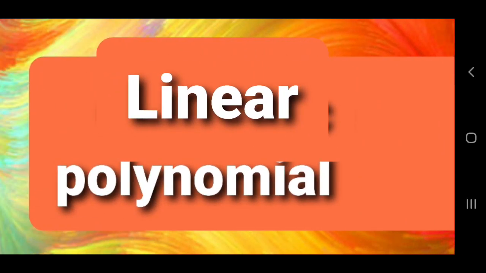Yes, first, the linear polynomial. A linear polynomial means its degree is 1. Degree 1 means it has a maximum of 1 zero, that you have to understand, dear children. If the degree is 1, it has at most 1 zero. That means either 0 or 1. Sometimes there may not be any zero. There will be two cases: one is no zero, the second case is 1 zero.